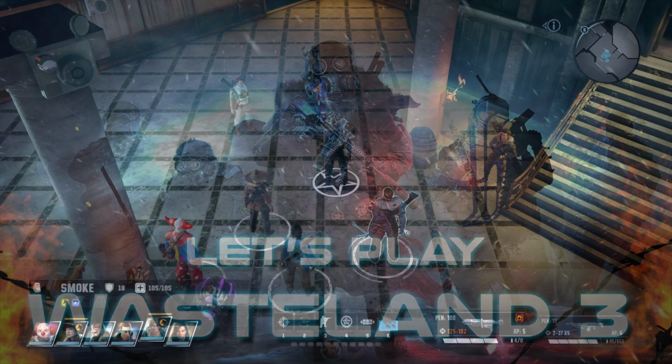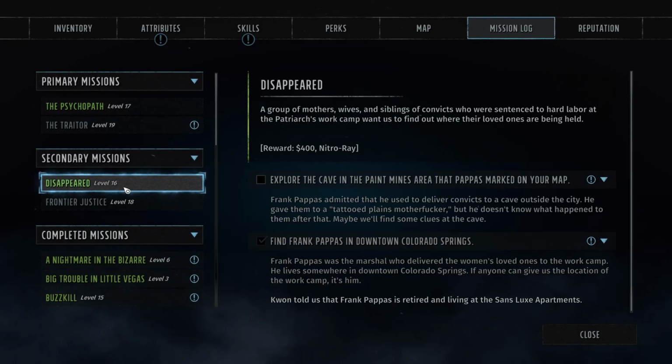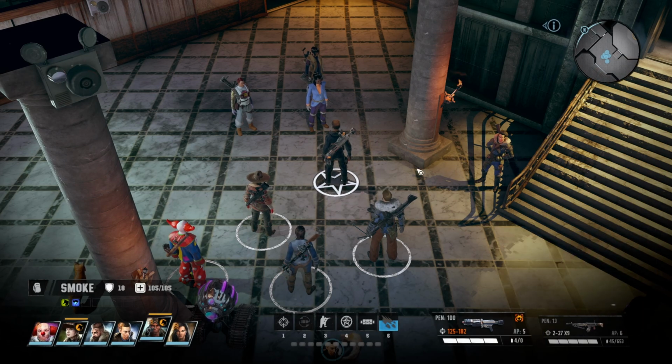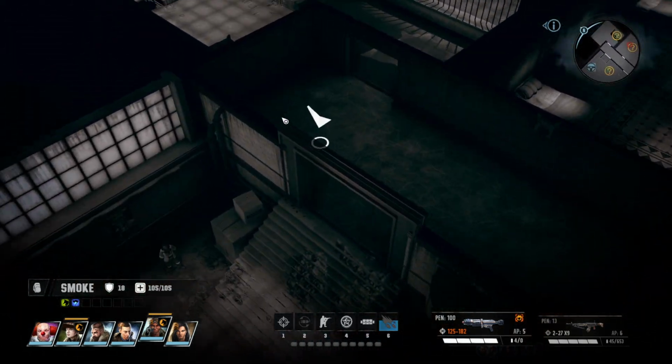It's episode 31. We have a couple of missions to do here. Secondary disappeared. We're going to go find the cave with the paint mines that Frank Pabas told us about, and we're going to do what we can for these people here who want to know about their families. But before we do,